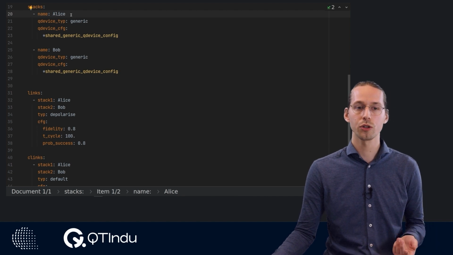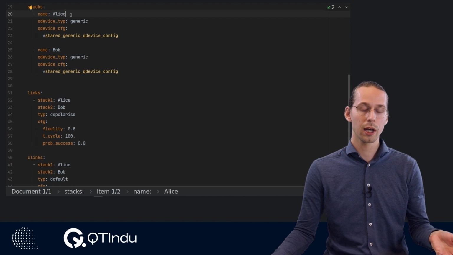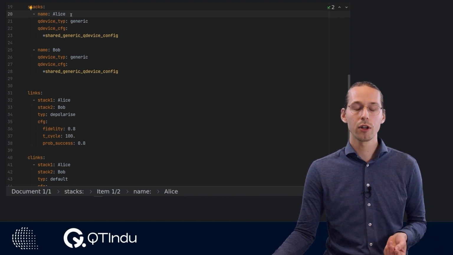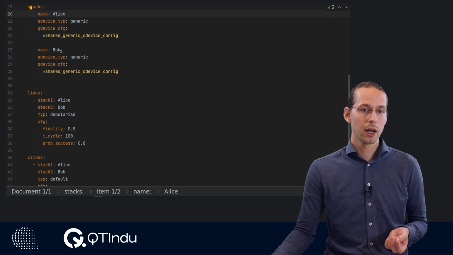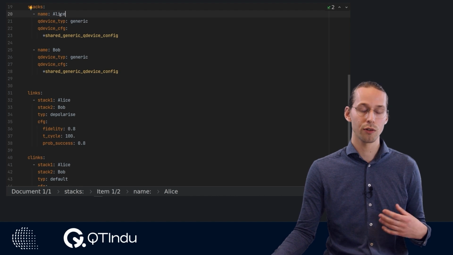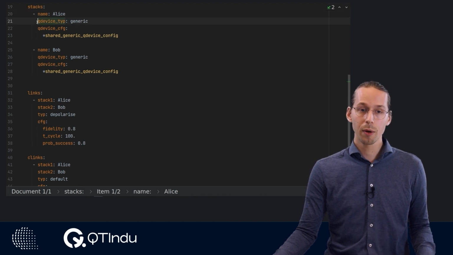But we also use the name to assign the quantum programs that we want to run to the Alice node, and also to retrieve the correct sockets. For example, in the Bob program, we would specify that we want to have classical sockets to Alice for it to perform its program.